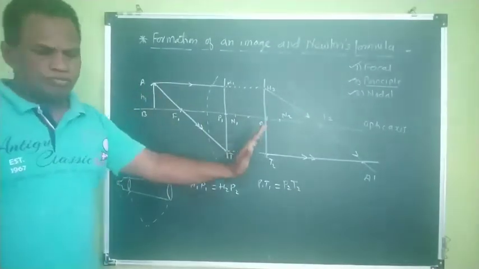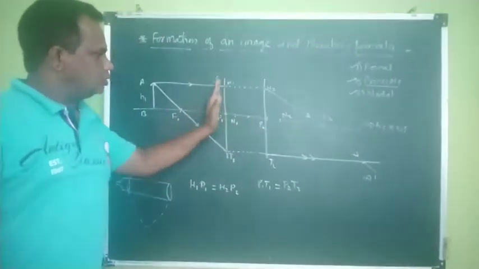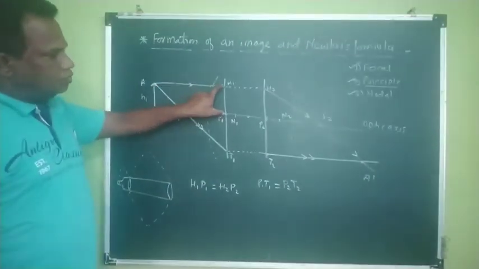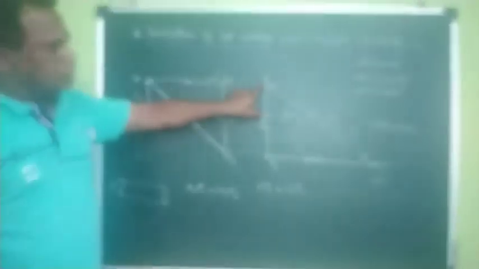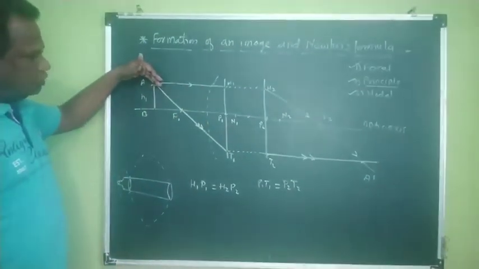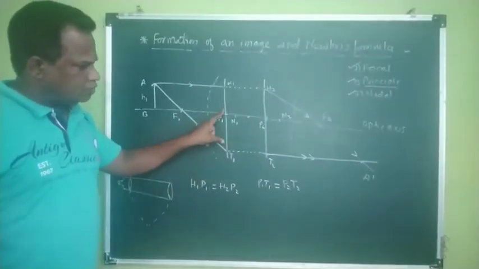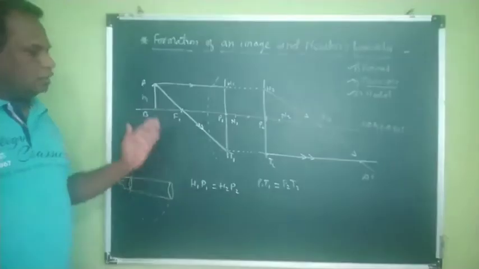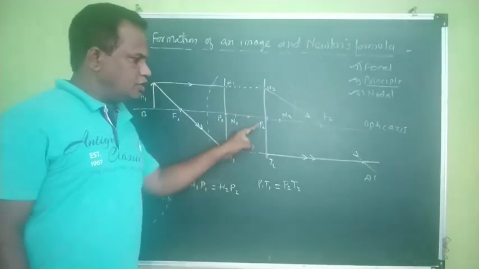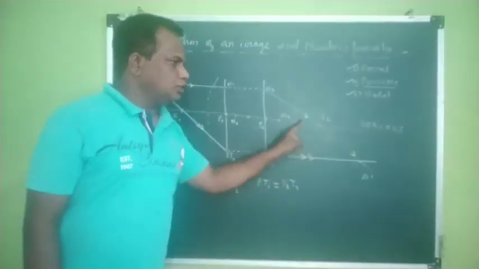Okay, so this is the simplest form. By using the properties of the focal point and the principal points, we have drawn two rays. Parallel ray, incident on first principal plane, its emergent ray will start from second principal plane and goes through the focal point. Second ray starts from the object, goes through the first focal point and is incident on the first principal plane at height P1 T1. Its emergent ray will start from the second principal plane at the same height P2 T2. That means P2 T2 is equal to P1 T1, and goes parallel to the principal axis.